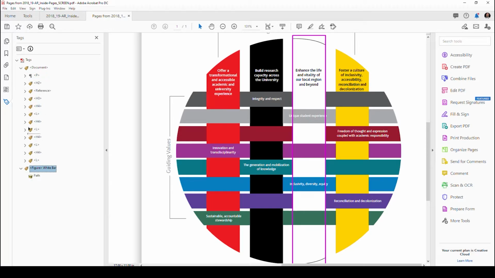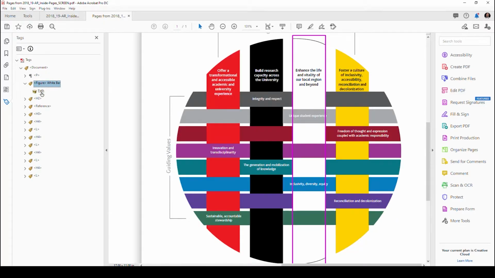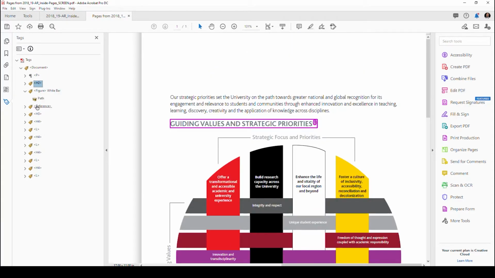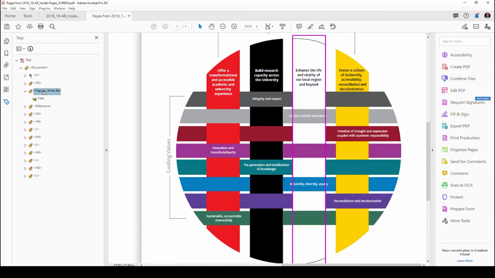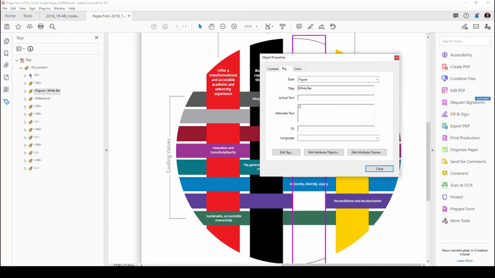So what we can do is above here, pick a spot. So here's our guiding values. There is our H2. So theoretically, you would put it in between the H2 and the first piece of our focusing priorities. I would probably put it there, right? And now you can go into here and type in circular infographic displaying values and